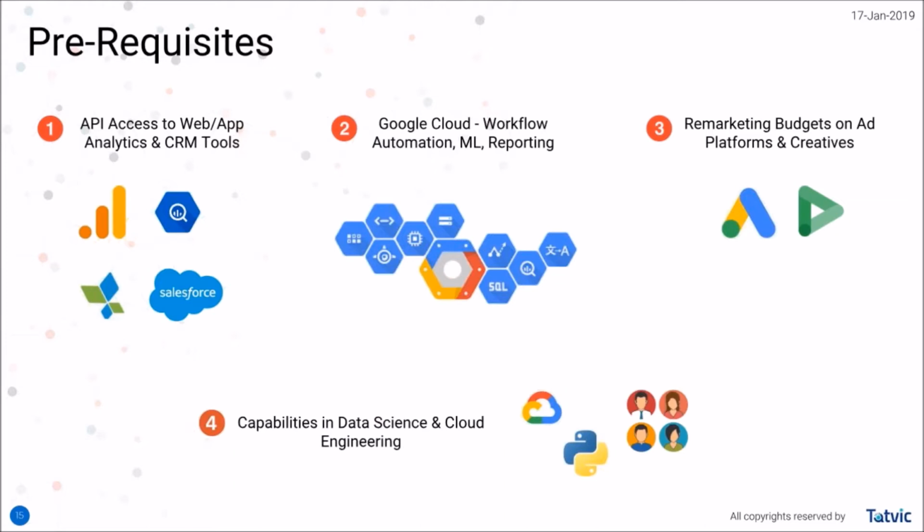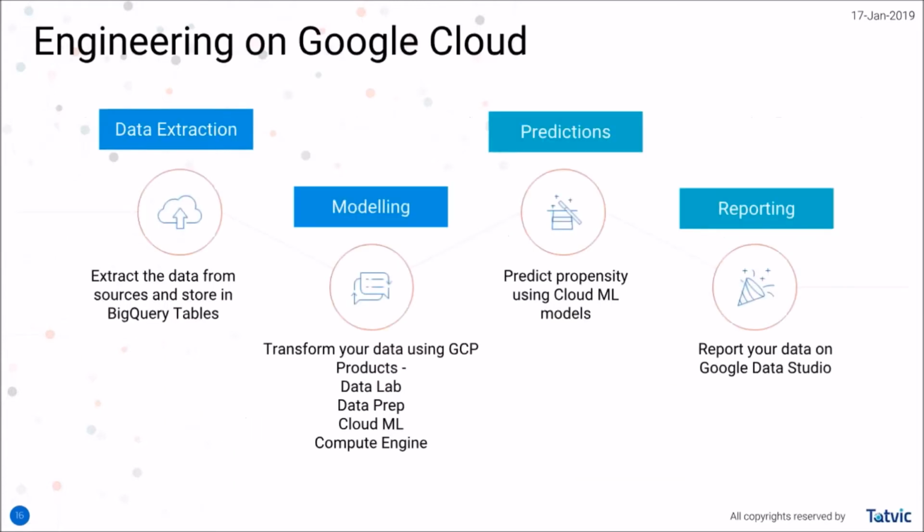So we need to have that data science expert in your team, who is good at coding in Python, who's good at building pipelines on Google Cloud architecture and stuff like that. Okay. So